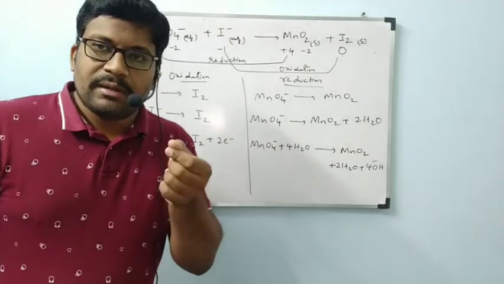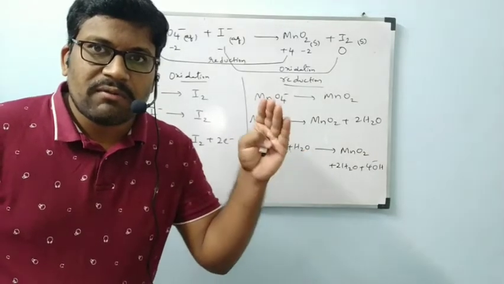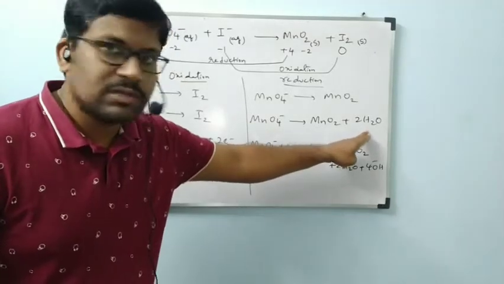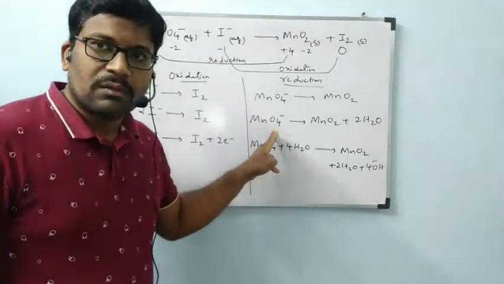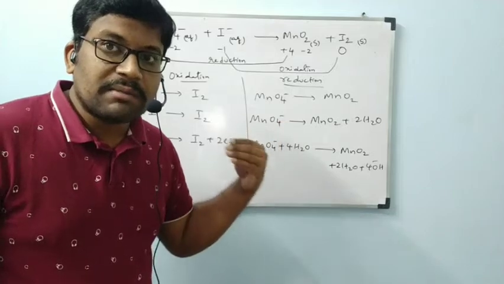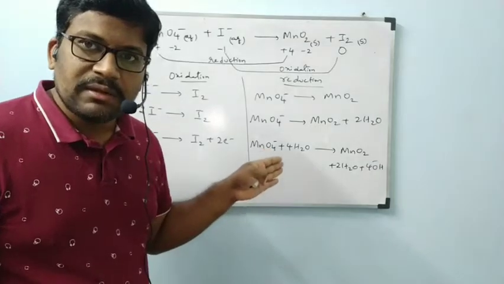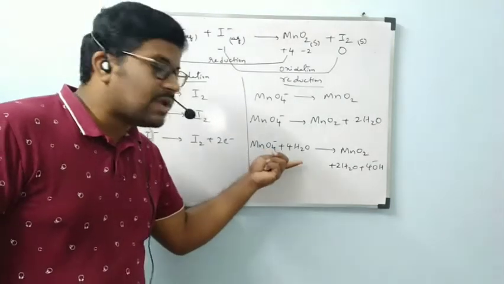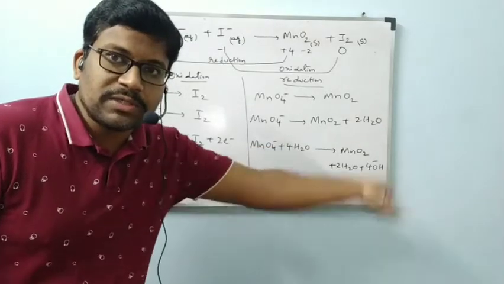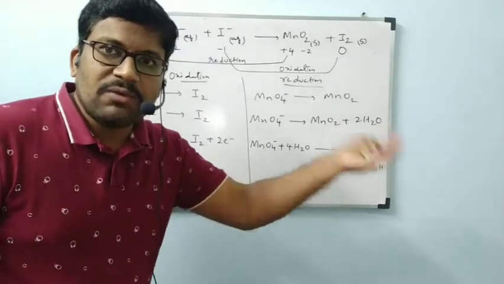A little bit of confusion might be here. Now to avoid the confusion, only one thing. On which side are more hydrogens there? Also, how many hydrogens are more? Here 4 hydrogens are more, here 0. So we have to balance those hydrogens now. However many hydrogens we have to add, that many water molecules we have to add on the left side, the hydrogen deficient side. 4 hydrogens. The same number of OH minus ions on the opposite side. On whichever side we add the water, on the opposite side we have to add OH minus ions.